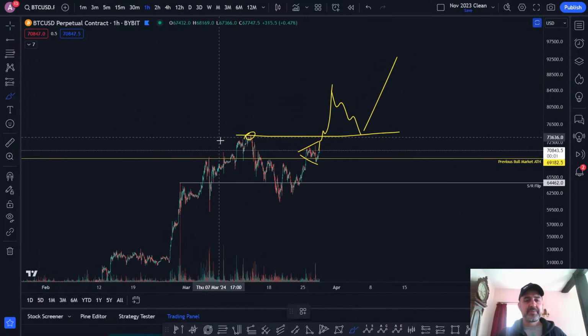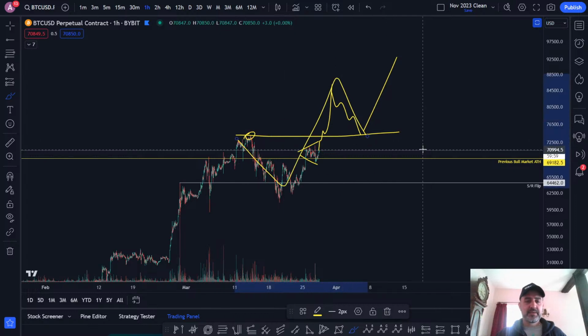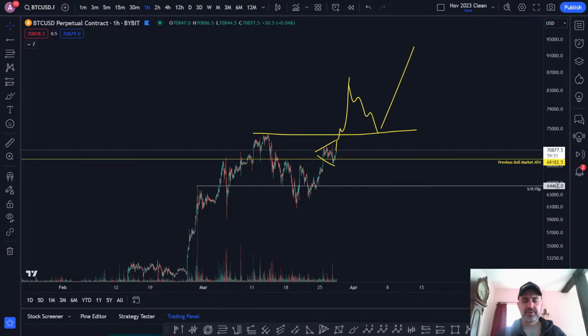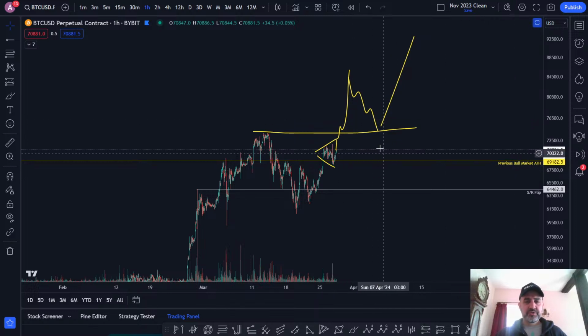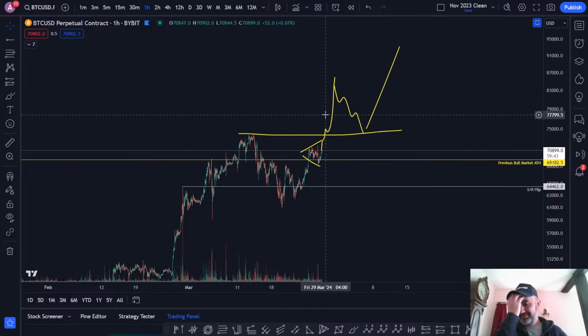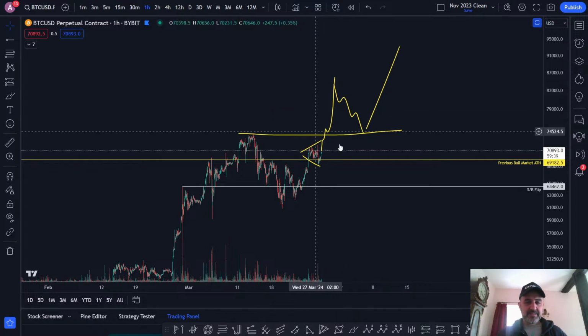So then you have your ABC here, ABC here. If you do take out this all-time high, you just can't come back underneath it, because that would look like a failed auction. That's bullish. Of all the corrections, I think this is the most bullish one.